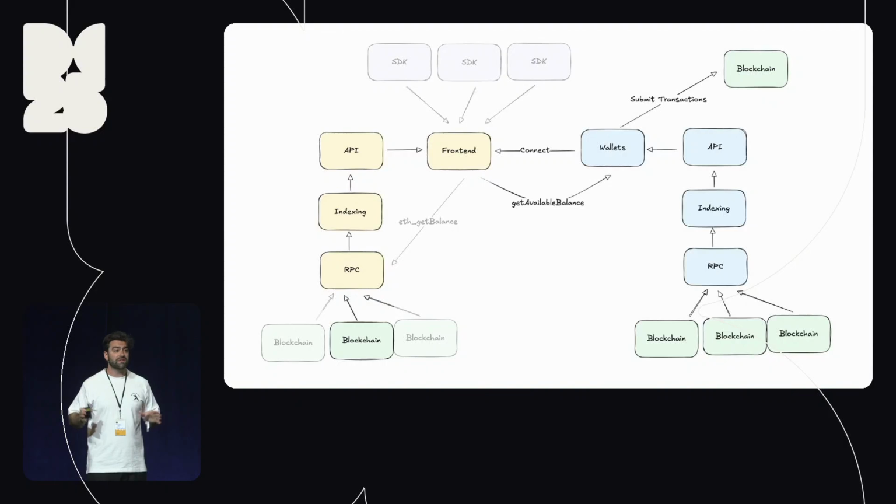We can stop selling applications that they need to go spend enormous amounts of effort implementing other stuff, making decisions for users that they're not qualified to be making. And we can simplify the entire development process so that you deploy your contracts, you whip up a really simple front end, and it just works. And it's just one very simple API, because the wallets are already doing all this work anyway. They're vetting your transaction, they're verifying it, they're running it through security policies, they're indexing every token you have and every DeFi position you have. They already have this data. We just haven't given them the ability to expose it to front ends in a clean way.